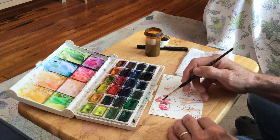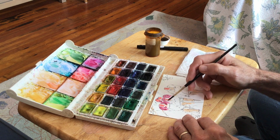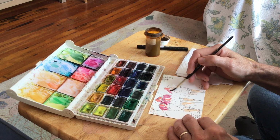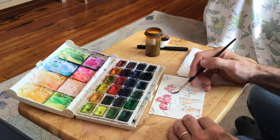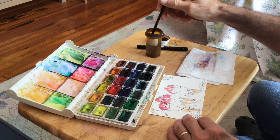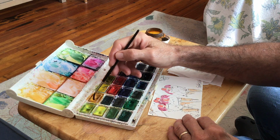So we're just laying that darker red in now, a little bit of purpley red to it. Keep laying the helmet in, but fortunately I'm going to be laying black in, so the mistake is easily surmountable. I am realizing, so now I'm getting a nice clean brush because I want to come back and put fans